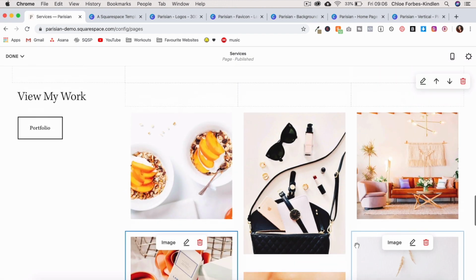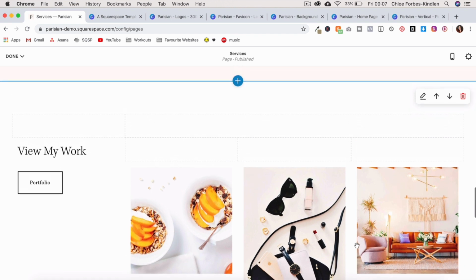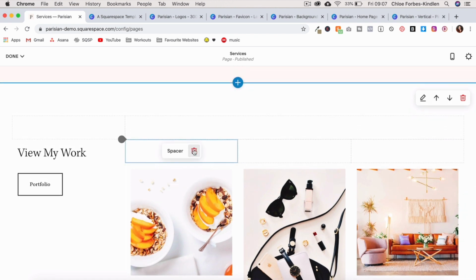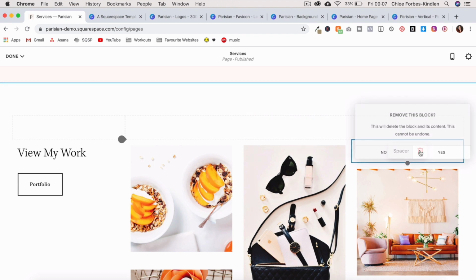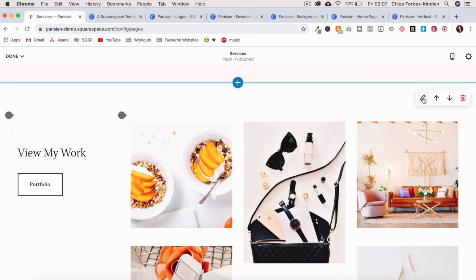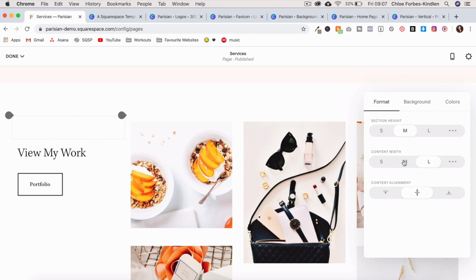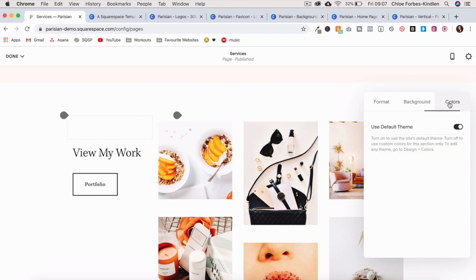So once you've uploaded your 6 images, you'll see that you have this little grid that's a lot more dynamic. So what we're going to do is remove this spacer and this spacer and this spacer and just this top spacer for now. We'll click the pencil icon, select medium, and then skip background, go to color,